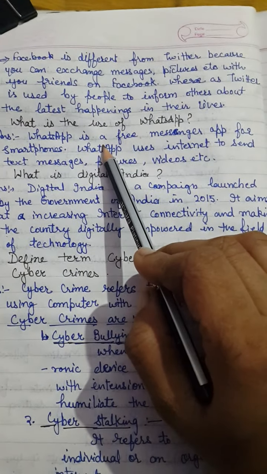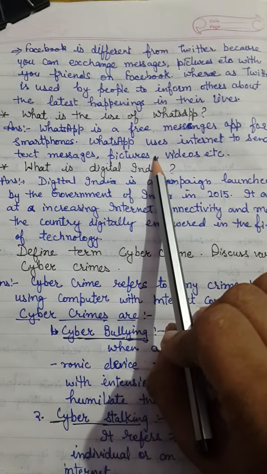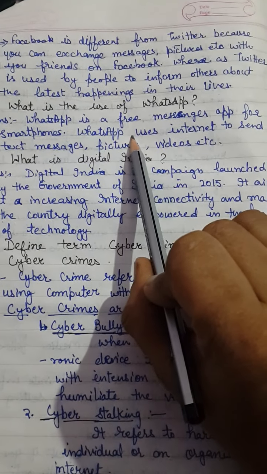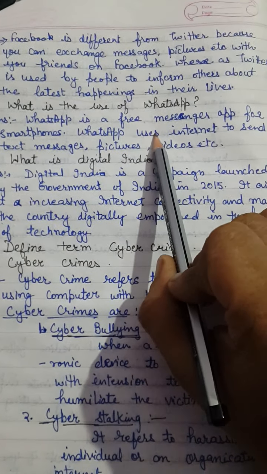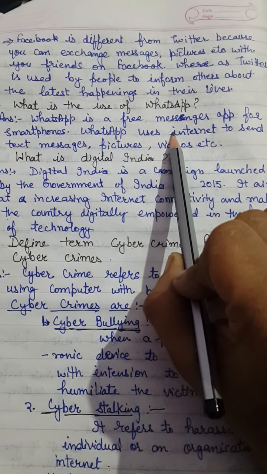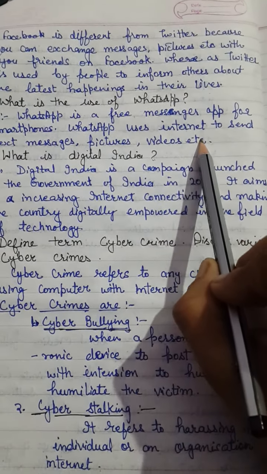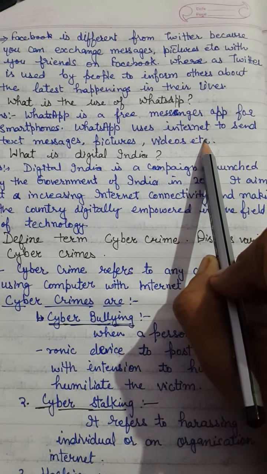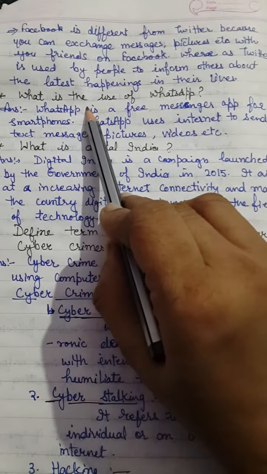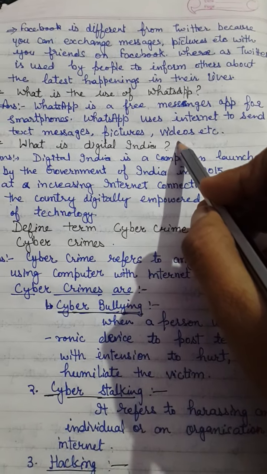Now the next question is, what is WhatsApp? What is the use of WhatsApp? Everyone knows. Again, one point to write every time. This is a social media program. This is a free messenger app used on a smartphone or Android phone, and with the help of the internet, you send messages, videos, and all these with the help of WhatsApp. Okay, so easy. The definition is also here.